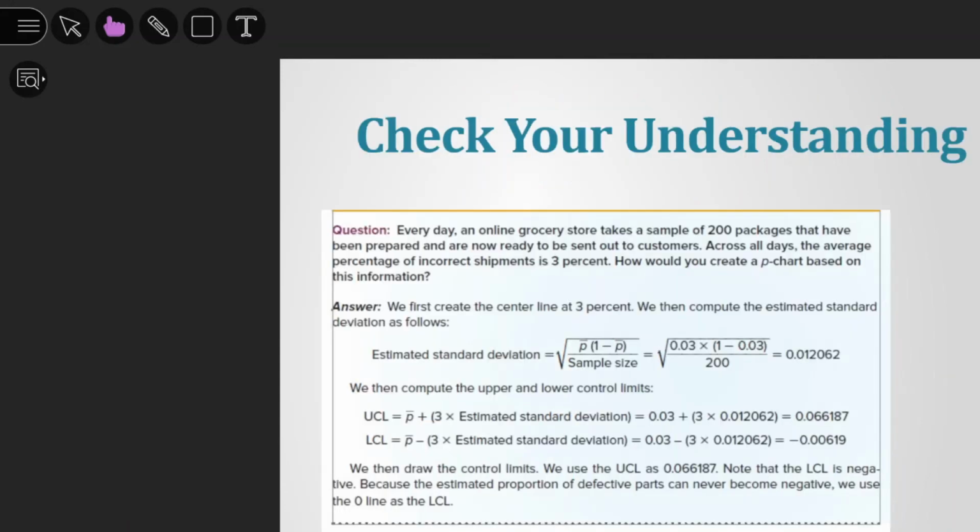Okay, this is an example of how a problem is solved for check understanding, but I think more importantly, in your books there is a check understanding, some 9.8, but you should all look at check understanding 9.5, and this is something that talks about 50 days